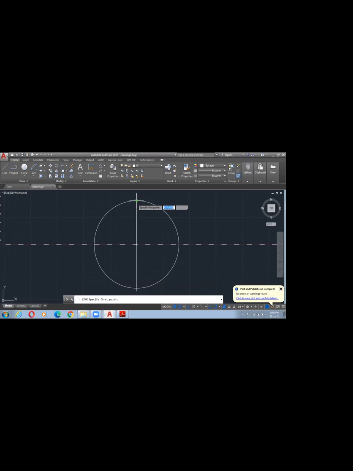Let us finish that square. First point. Switch off the snap mode, F9.